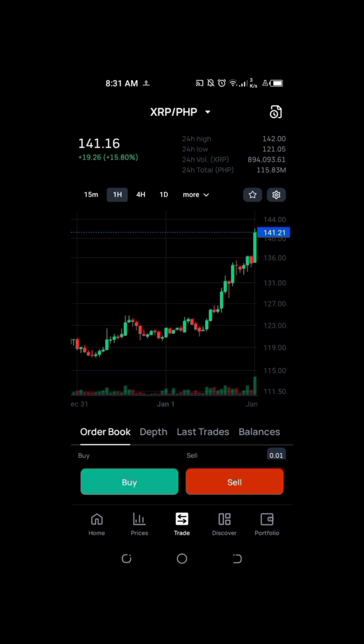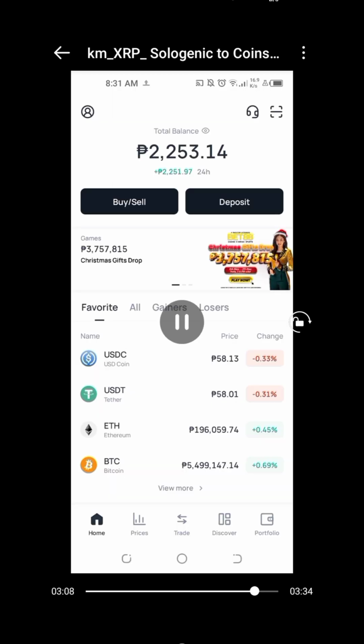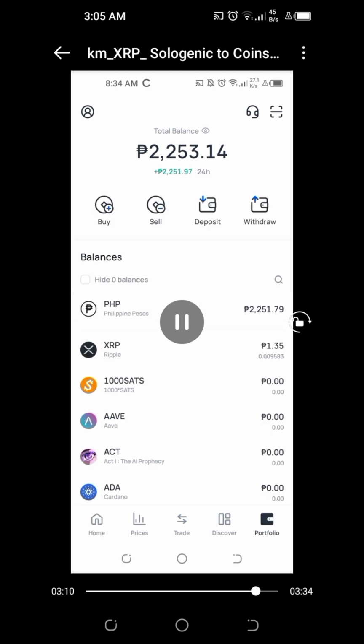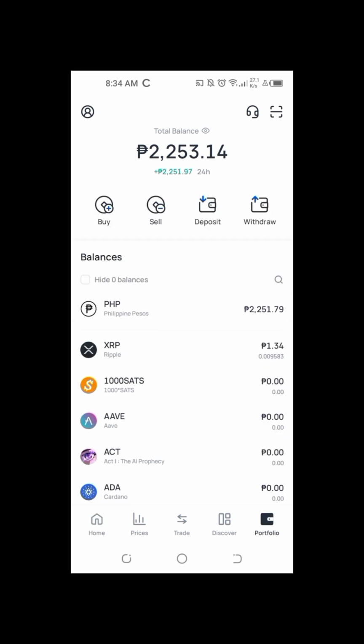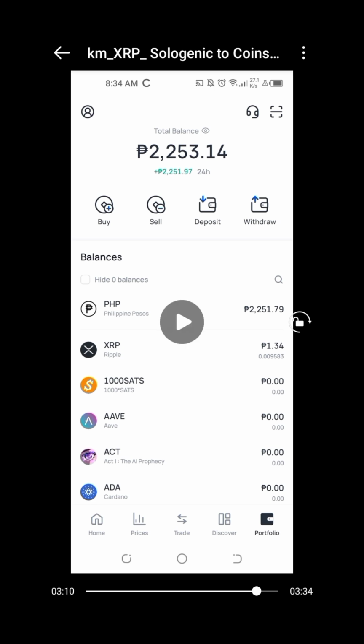So if we go back to our coins.ph account homepage, we have a total of 2,251.79 Philippine pesos, which we can withdraw to any other wallets, for example GCash, or to whichever wallet will serve us best. Or we also have an option to keep or even store a cryptocurrency on our coins.ph account.